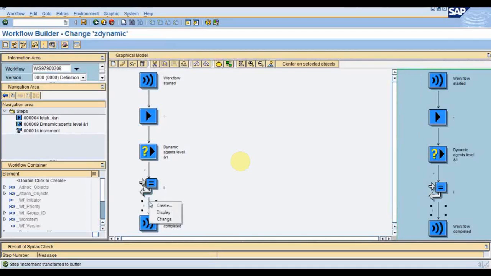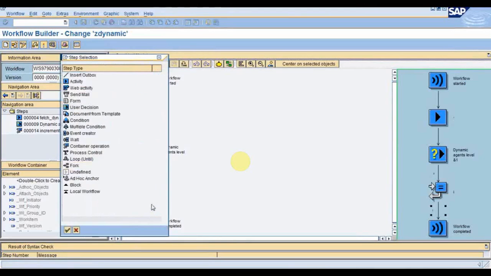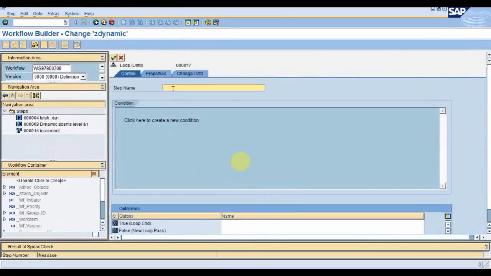Now what I have to do is create one loop, because that loop will rotate until this level, or the final whatever we are returning from the method, comes out to be checked. So I will have to create one loop. Here, for the exit loop, just give the step name and create the condition.